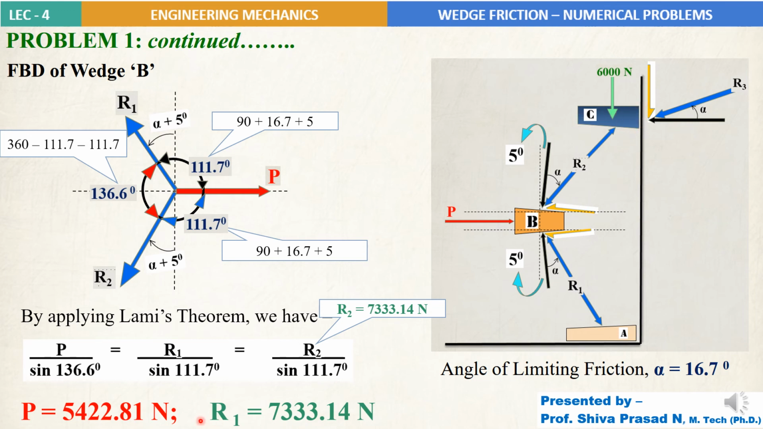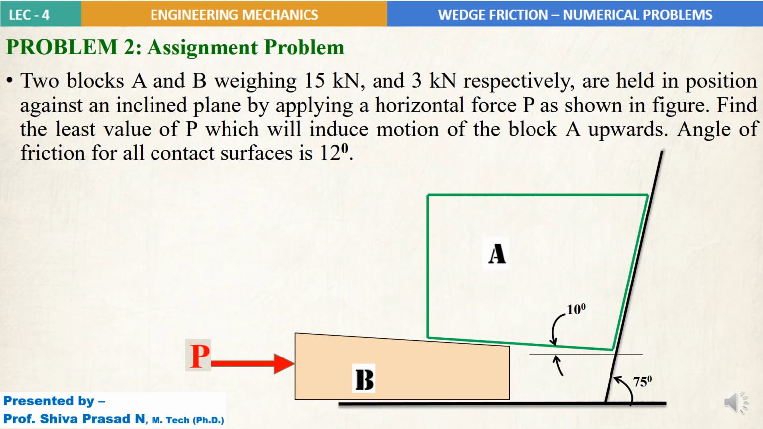So that's what we have found, P to be equal to 5422.81 Newton, and R1, another unknown, 7333.14 Newton. So this completes problem number 1. Moving on to problem number 2,